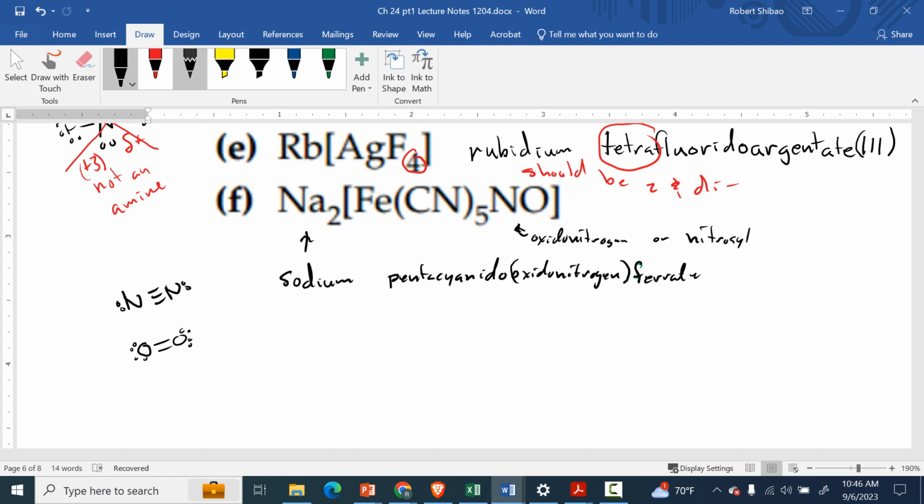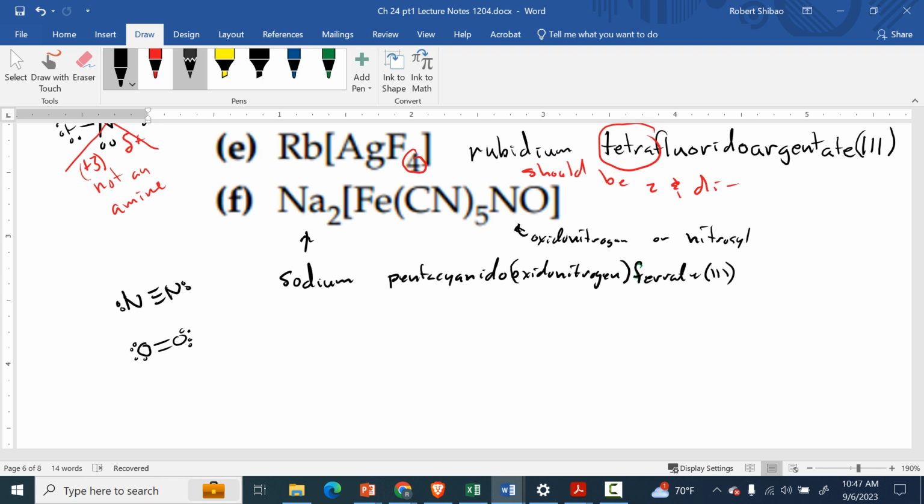We have 2 sodiums. That means this complex must be -2. If this complex is -2, then iron must be what charge? +3. So +3 -5 is -2, +0 is -2. Oxidonitrogen is neutral, or nitrosyl. So this would be pentacyanido, oxidonitrogen, ferrate 3, or using the old nomenclature system pre-2005, this is called